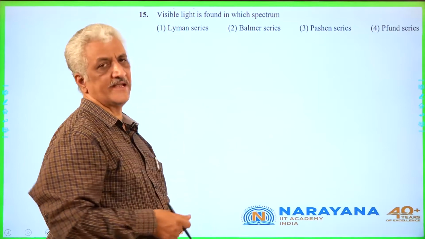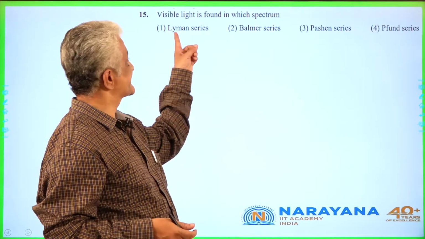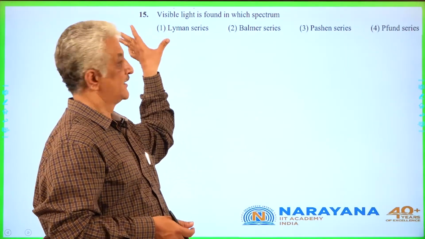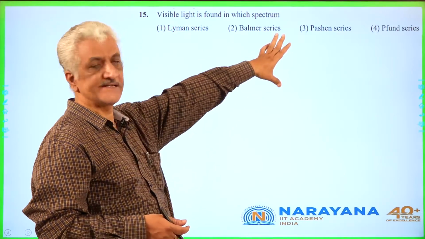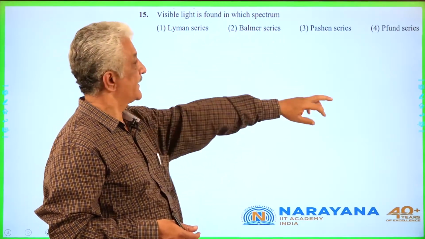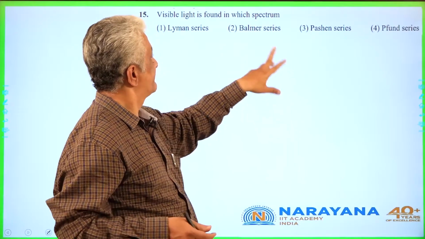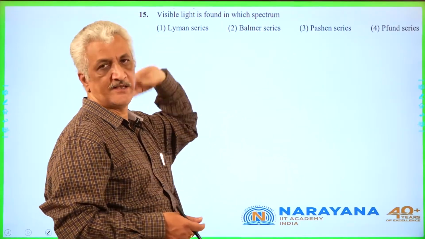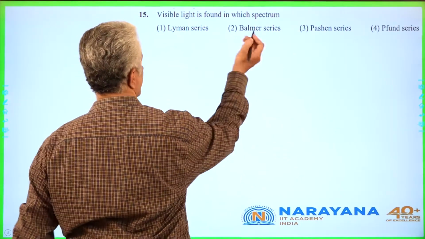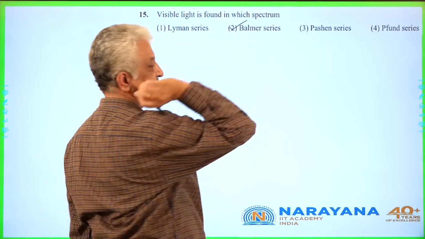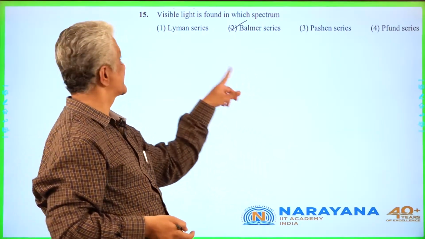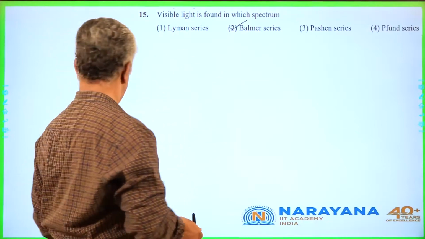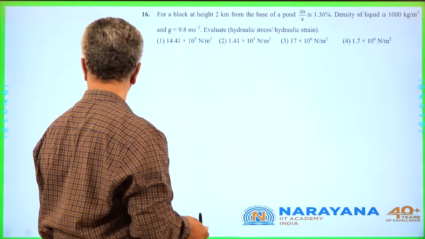Next, 15th, a direct question. Lyman series comes in the case of ultraviolet rays. Balmer series will be in the visible, and next Paschen, Brackett, Pfund series will be in infrared. So directly, visible light is found in the Balmer series only. Direct question number 15, which is easy to answer. Next question,